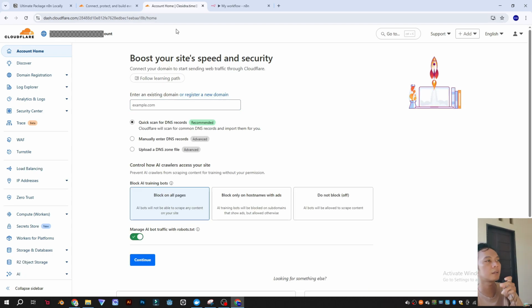So the first step in Cloudflare, we need to add our domain. For example, I have a domain. Just continue.